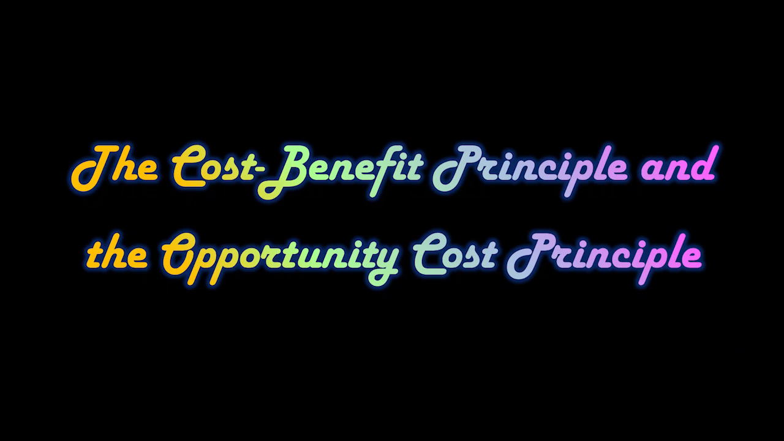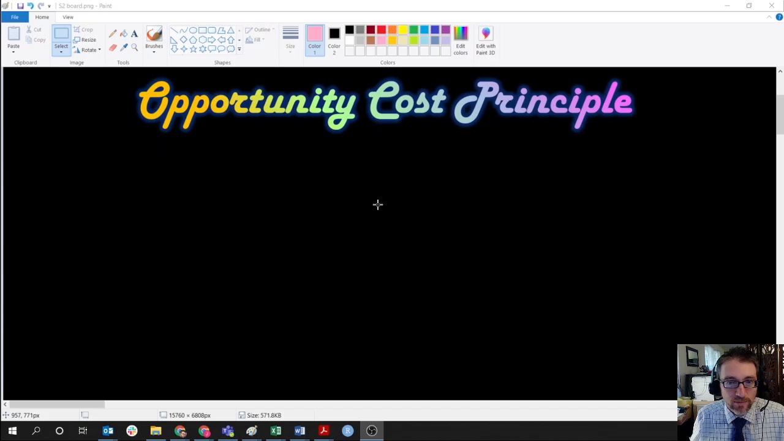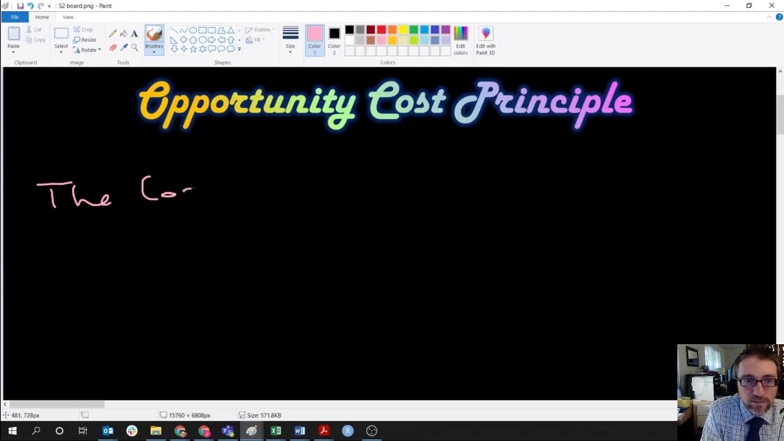Today we're going to discuss the cost benefit principle and the opportunity cost principle, two of our principles that we're going to learn about to introduce this course, the concept of principles of microeconomics. The first one is the cost benefit principle. So let's take a look. The cost benefit principle essentially says that